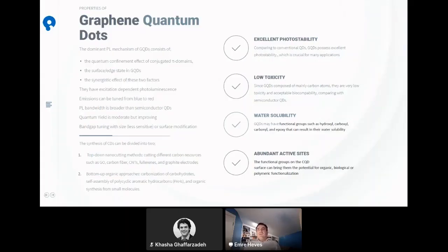Actually, most of the time they have excitation-dependent photoluminescence, and their emissions can be tuned in the visible range. Their photoluminescence bandwidth is broader than some of the semiconductor quantum dots. Their quantum yield is moderate but improving, and their bandgap tuning with size is less